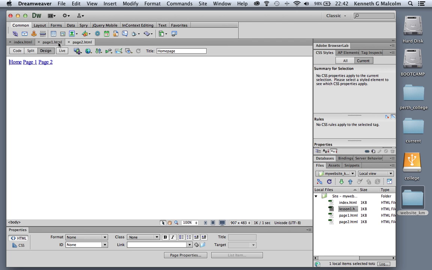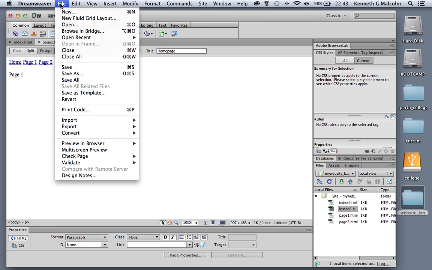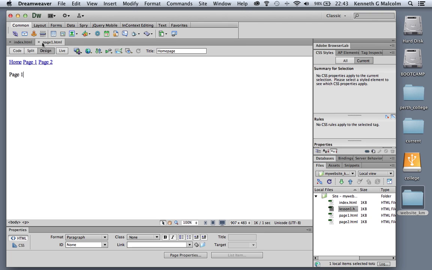So what we have now is 3 pages, all with a little menu on the top that goes to index, page 1 or page 2. So, on page 2 in the tab, at the end of the text, just hit the return key to go down there and type in page 2. Then go File, Save, and then close that file. Do the same with page 1. File, Save, close that page, and on the home page that we've called index, just type in home and go